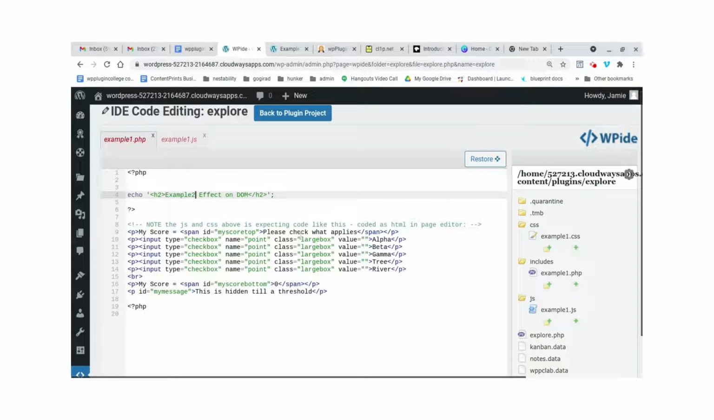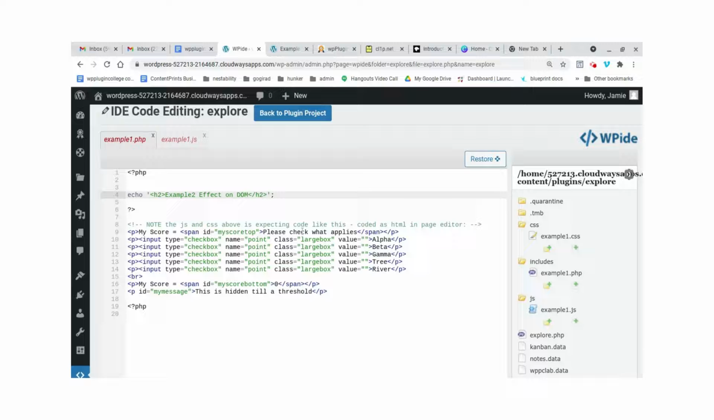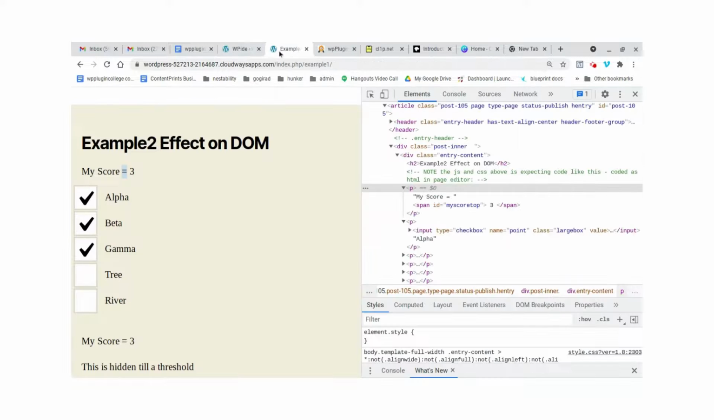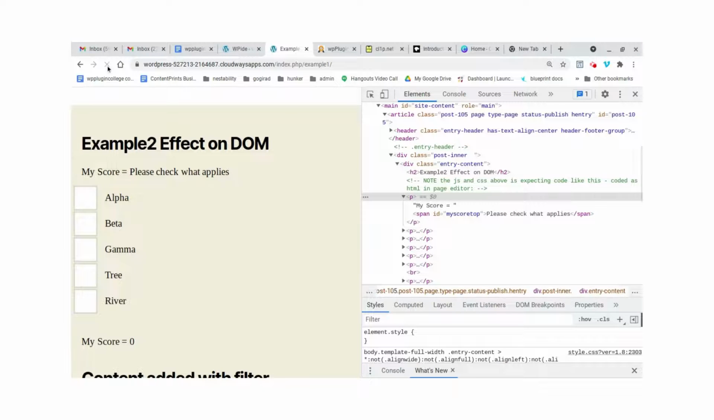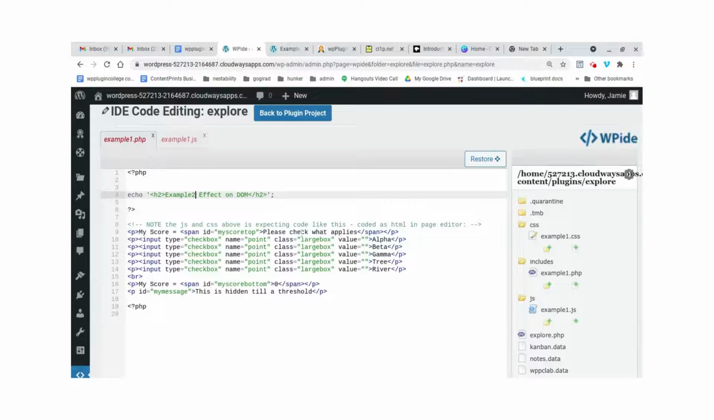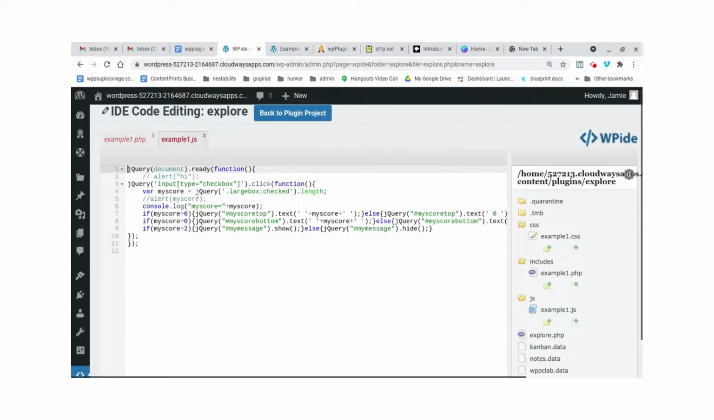In order to manipulate the value of this, when I first load the page, it says, please check what applies. So if I come over here and I reload the page in the browser by just absolutely reloading it, you can see my score equals please check what applies is written there. But remember, when I have my JavaScript execute, when I actually click on one of the checkboxes, it's going to create the score,